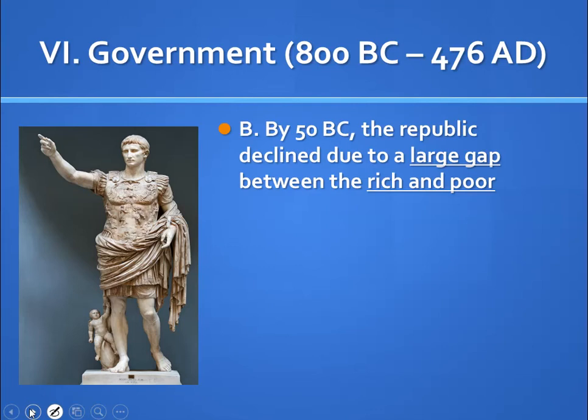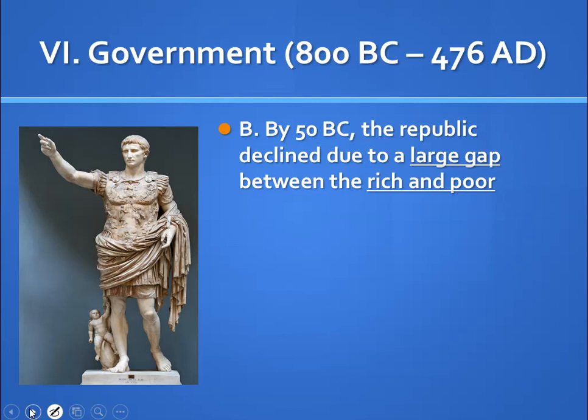And like we talked about before with the aristocracies, as history goes on, things change. New ideas come about from trade and learning different perspectives, and people want to change. And one of the reasons they wanted to change is because there is this large gap between the rich and the poor. There wasn't a middle class. Like today, most people in America live in the middle class. And that kind of leads to some people are lower, some people are higher, but it's kind of a happy